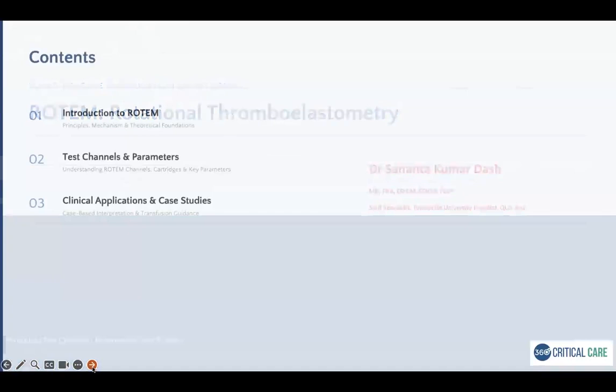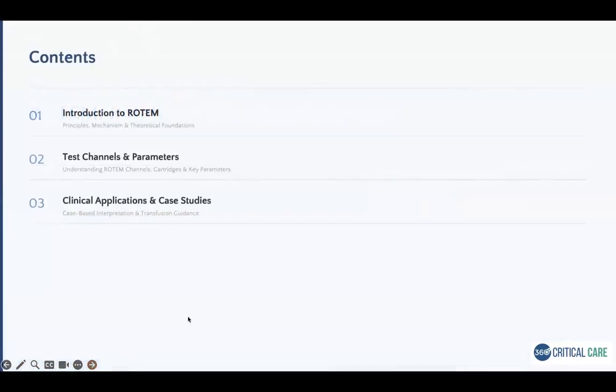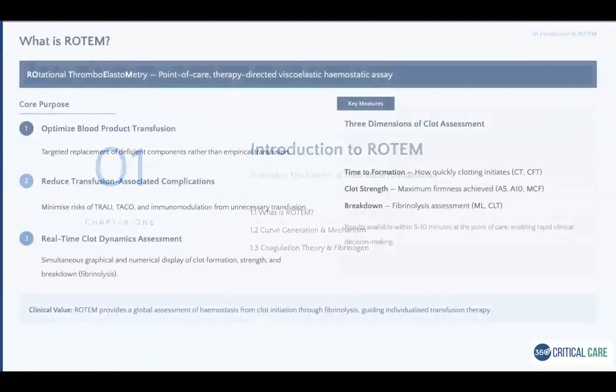And in this session, I'll be talking about a little bit of introduction about Rotem, principle, mechanism, and how it works, and understand the channels of Rotem, and then a few cases to interpret the results of Rotem. Now,